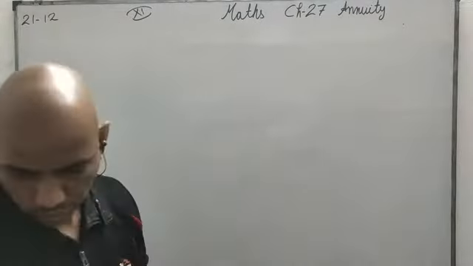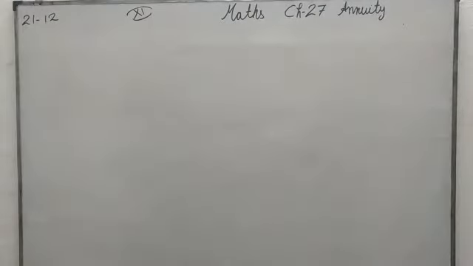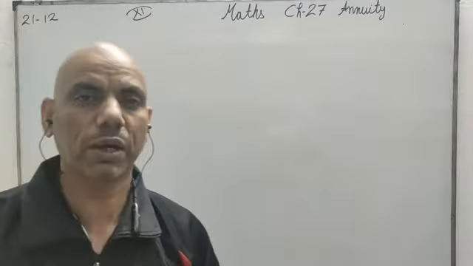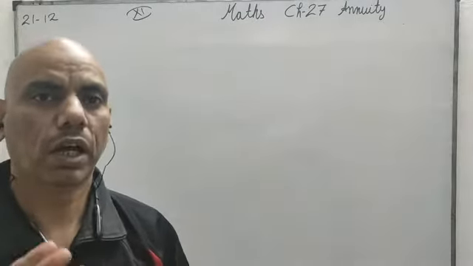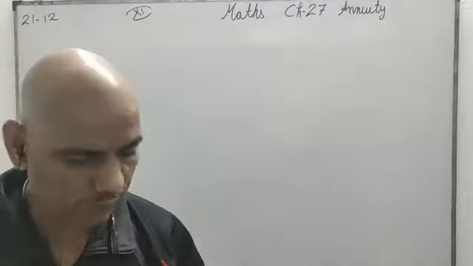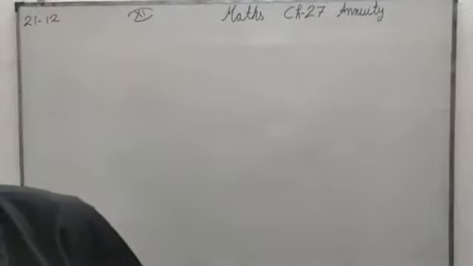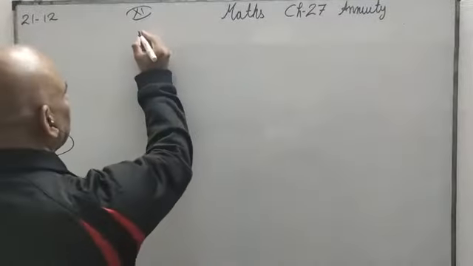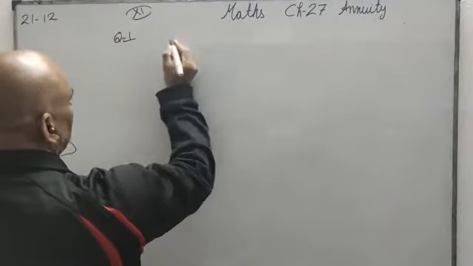Yes. What is the first question asking us to do? Find the amount of an ordinary annuity, amount meaning S, of rupees 1000 payable at the end of each year for 3 years at 10% per year, compounded annually. So compounded annually, compounded half yearly, compounded quarterly, compounded monthly. That concept will always be there, so you will have to take care. Okay, so this is question number 1.